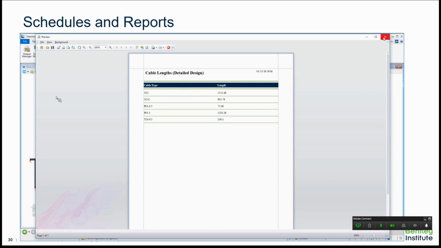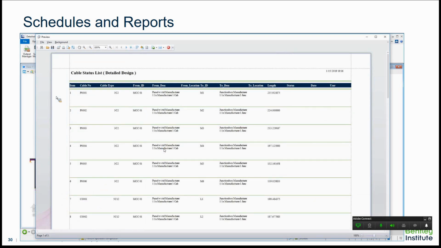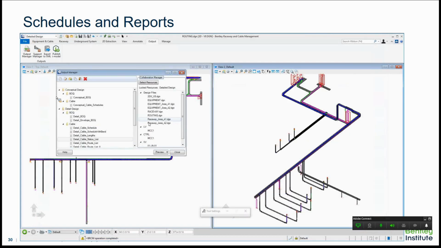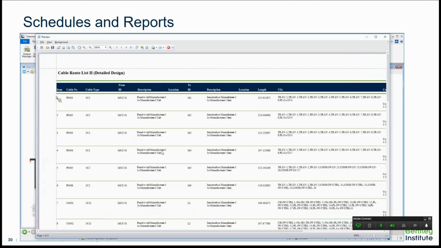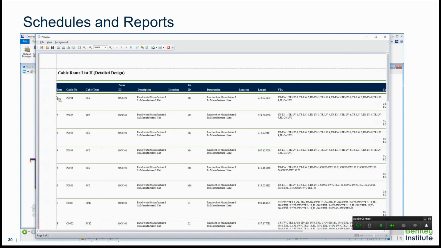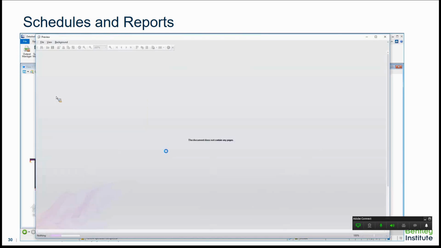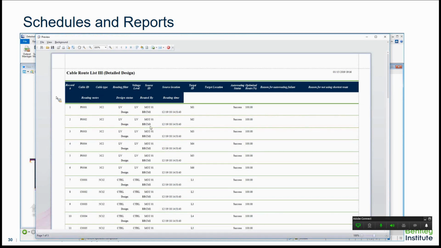Of course, there's the detailed BOQ per cable type, or we can produce very complex cable reports that will show you the entire route with all the Raceway IDs that are in your cable route. They show you the conduit type if there is a conduit type associated with it, and again, a couple of variations of this one. This can be with all Raceway IDs in a single line, or